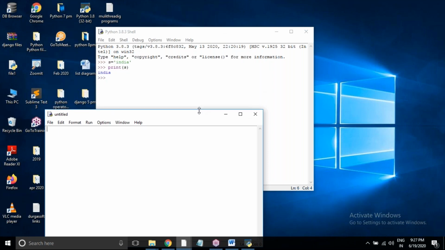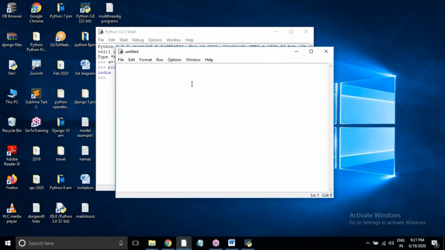File, New File shows a new editor here, just like a Notepad. So here we can write the programs. I am writing statements: print s, and here I am giving values.